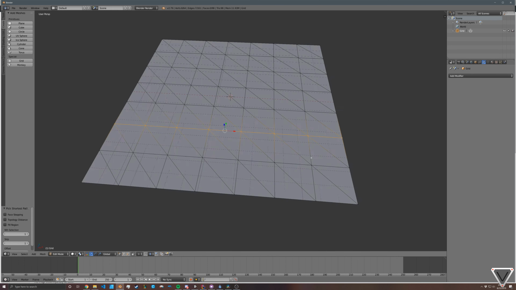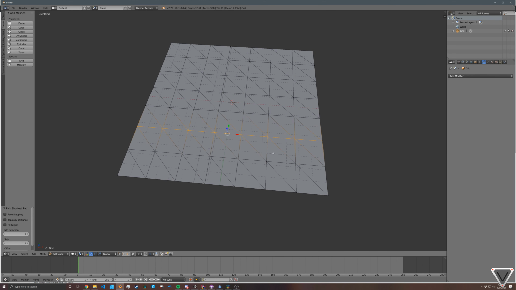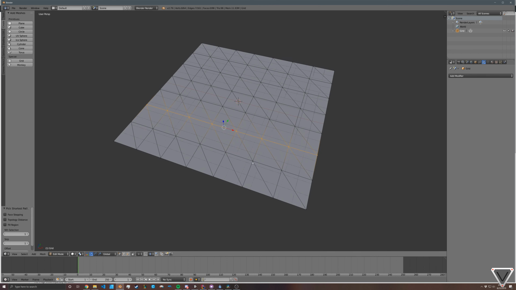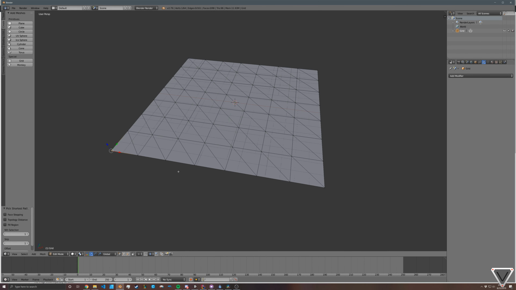So again, it's up to you how you decide to get your grid. If some other program works, that's great, but I've included the code that generates my grid in the project. I've documented it pretty heavily, so of course you're welcome to use that. But the big idea is that we need some kind of regular grid, and it doesn't really matter how many rows you have, so this doesn't really have to be square. You just have to make sure that the number of vertices in those rows is going to be